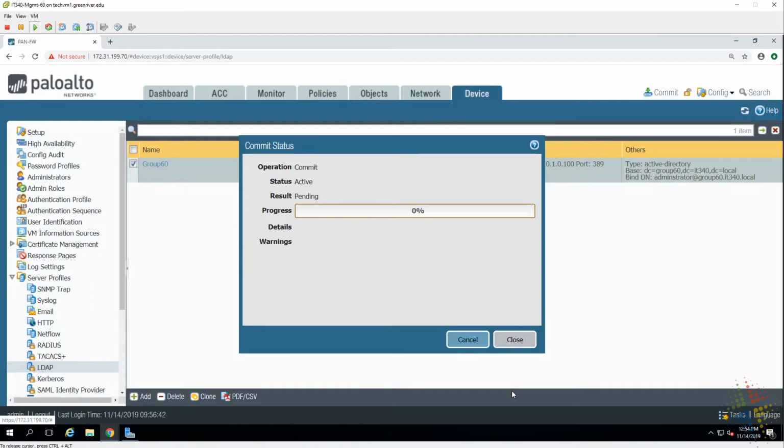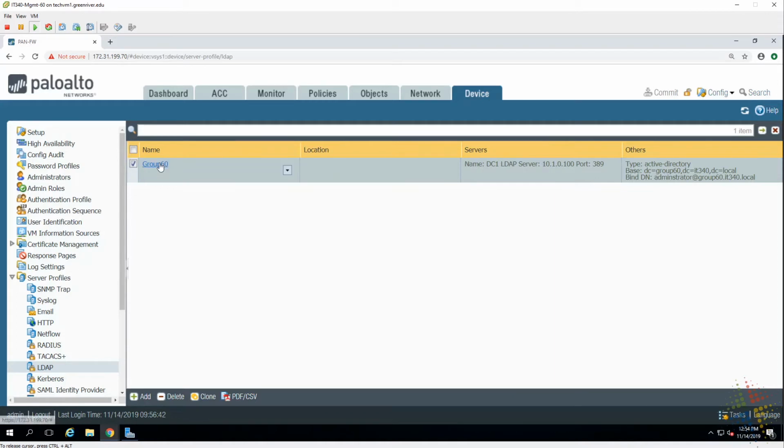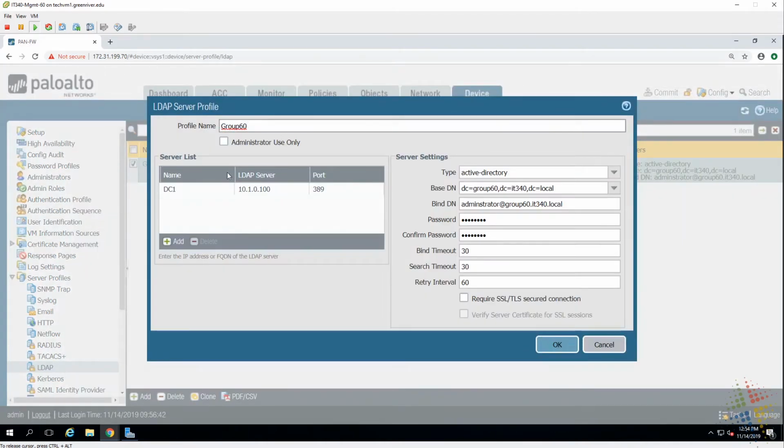So the commit is making a couple of changes here. Remember, it's adding the LDAP server as well as configuring the service route configuration and domain name. All right, just to be sure, I'm going to go back in here. And at this point, because the service route configuration and the LDAP server is set up, I should be able